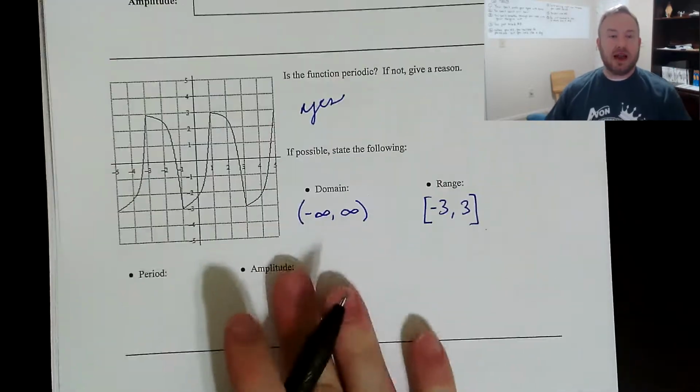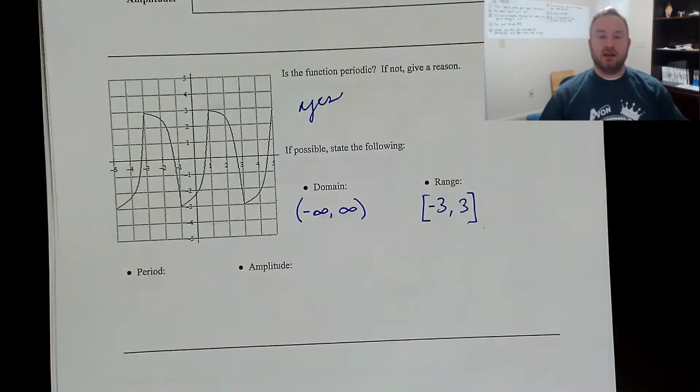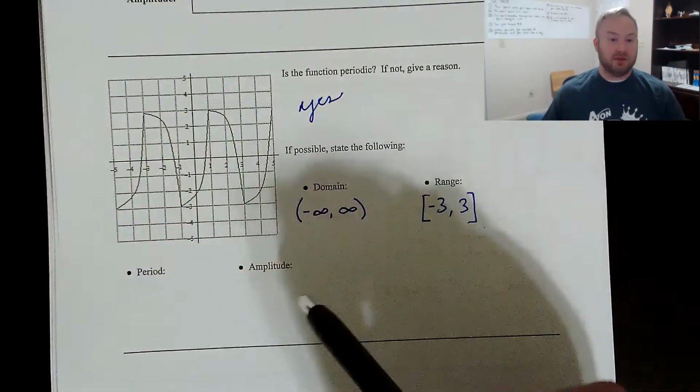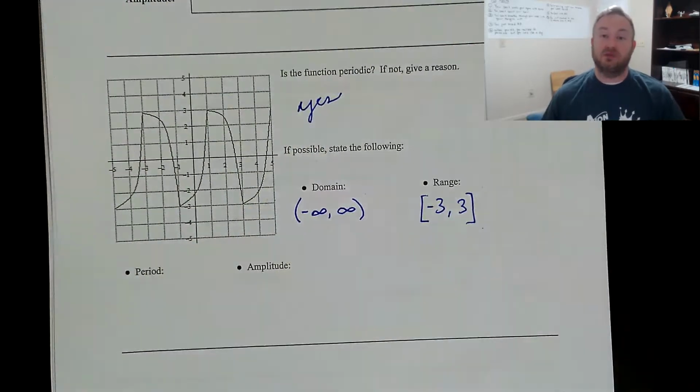Okay, for period and amplitude, that's going to be something that's kind of new. You might have studied waves in a science class, whether they were light waves or sound waves and things like that. And you might have talked about things like amplitude and frequency. So we've got amplitude here. Frequency and period are very similar. They're very related. They're not exactly the same, but they're very related. Honestly, I think period is a little bit easier to comprehend than frequency is.